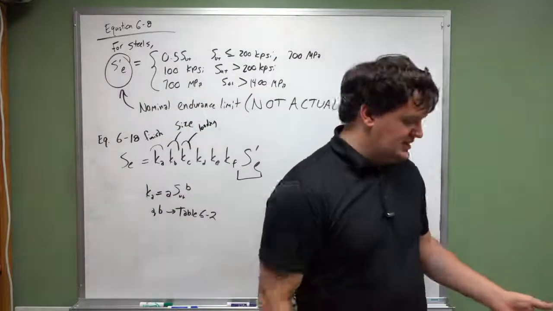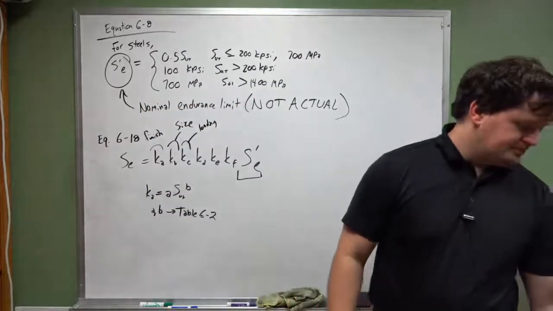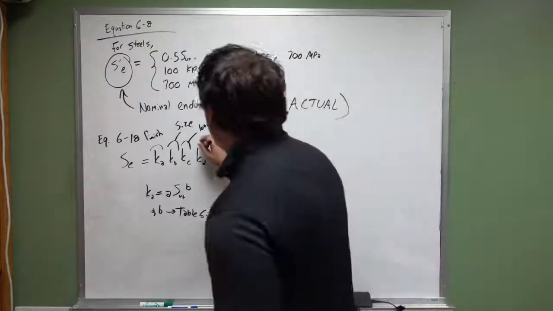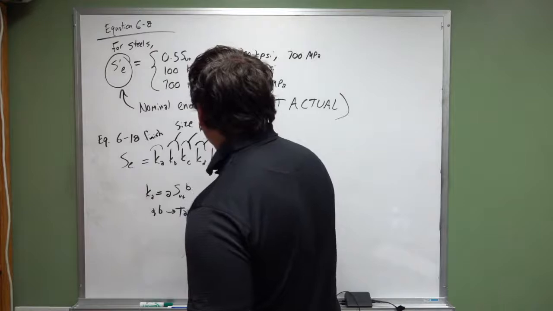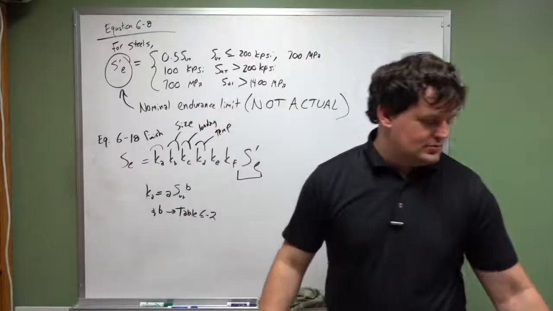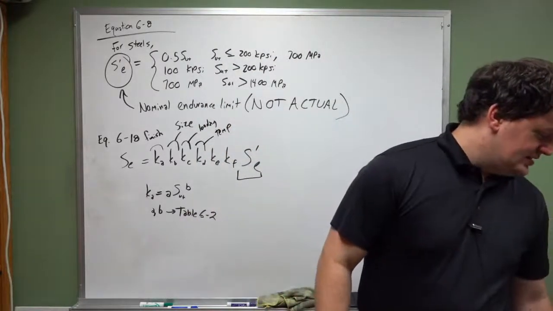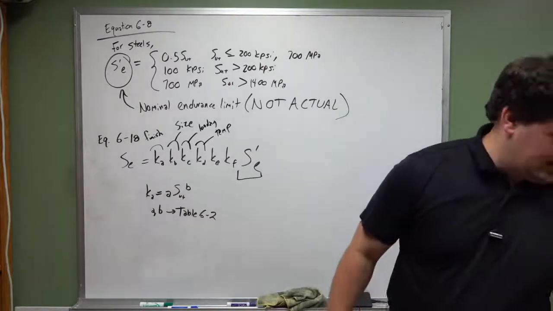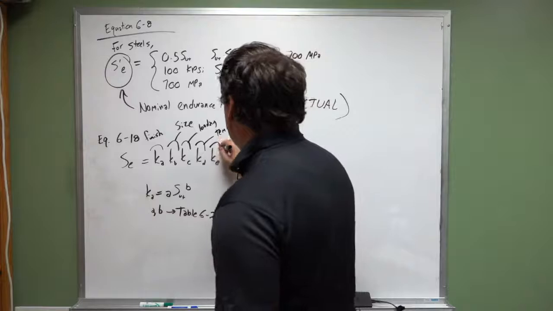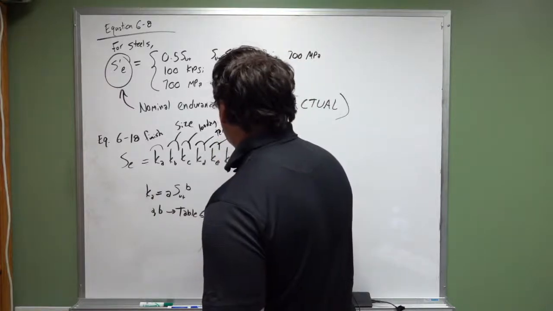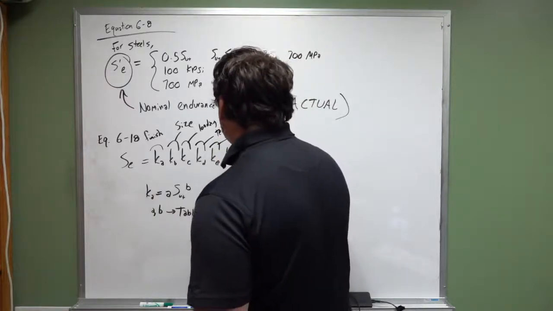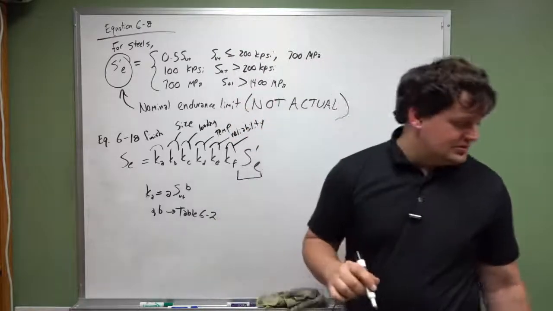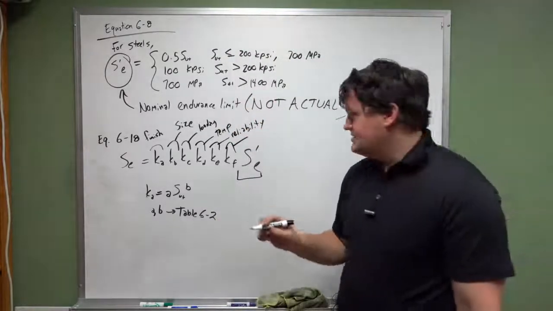Is it in bending? Is it in torsion? Okay. For Kd, this is where we talk about temperature. For Ke, this is where we talk about reliability. And for Kf, this is where we talk about miscellaneous factors,